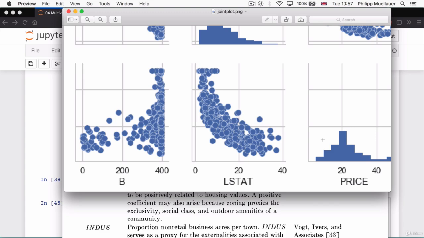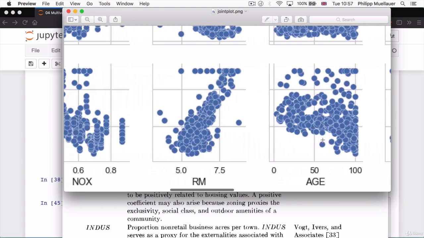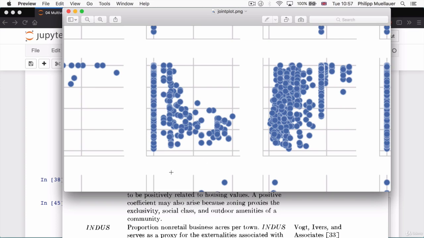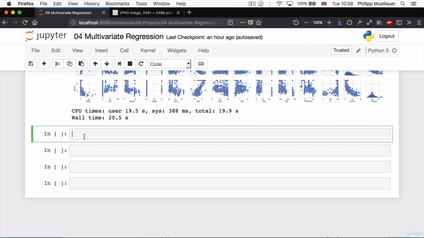But speaking of regression, and looking at these charts in the Pairplot, wouldn't it be nice to be able to plot a regression line onto all of these plots as well? I think that would make it a lot more clear, don't you think? Let's go back to our Jupyter Notebook and go down into the next cell, because